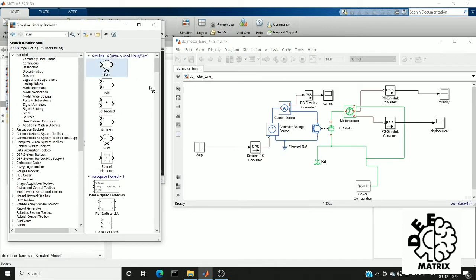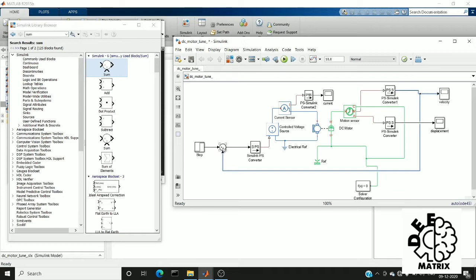For that I need a summer. I'm going to connect this summer in between my input and the Simulink to PS converter. We are going to control the velocity, so I am extending the output of the velocity and connecting it to this summer.